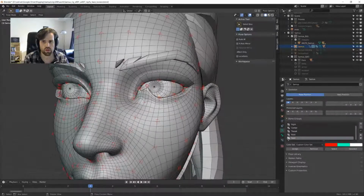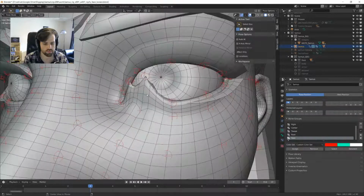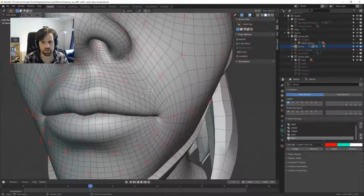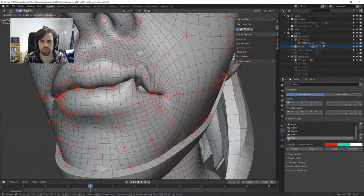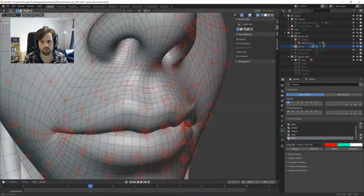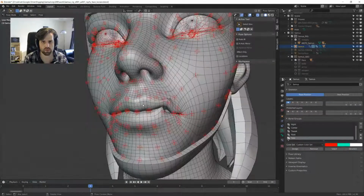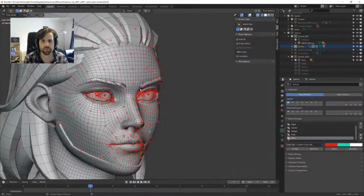Alright, cool. So what I was saying is that I'll need to work a lot more on the eyelids and the mouth. Because right now it's transferred the weights onto the lower lips, and given this, I don't know what that bone is. That's the inside of the mouth bag. Shouldn't work like that. This is broken as well. But for these kinds of areas, that works really well. And yep. So anyway,